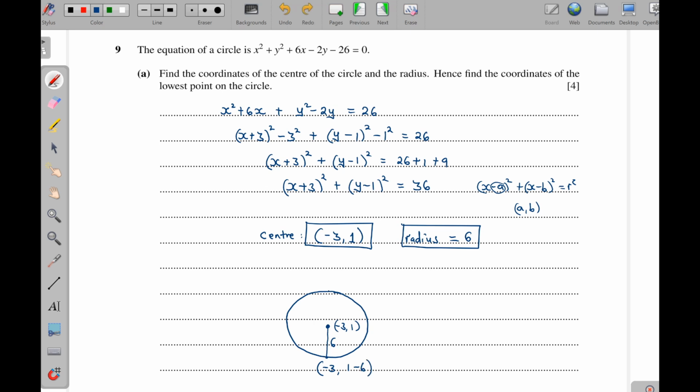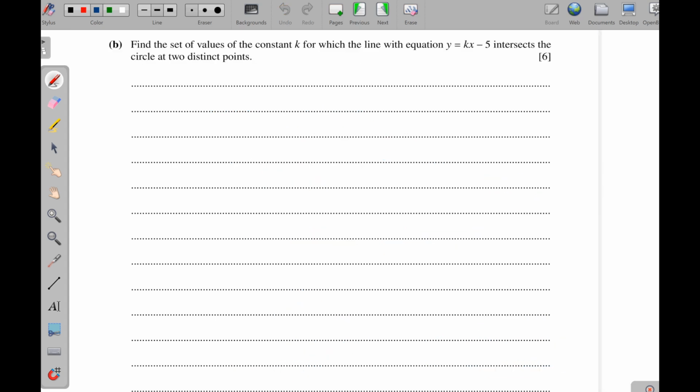The highest point then will be the y coordinate you have here, then plus the radius. You see that? So this one here is the lowest point. So this simply implies that our lowest point is going to be, what do we see? Negative 3 and then negative 5. And that is that. Part B, find a set of values of the constant k for which the line, this one here,